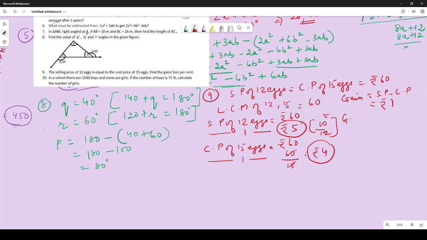Now gain percent is equal to gain by CP into 100. So 1 by 4 into 100, that makes it 25% gain. So that should be your answer. The total gain is